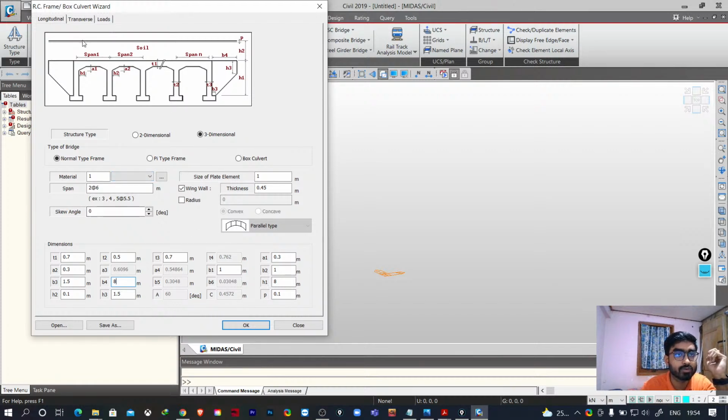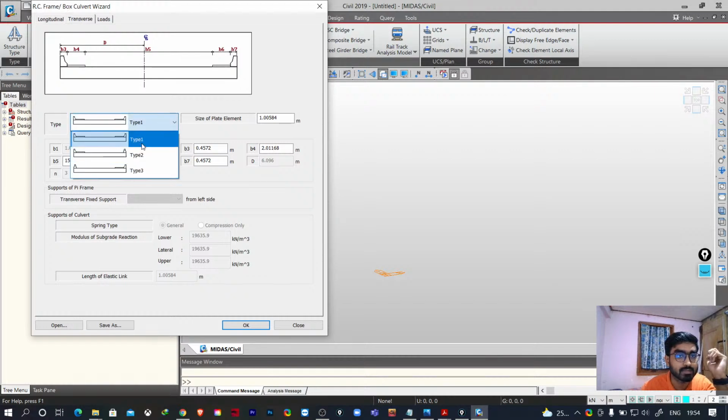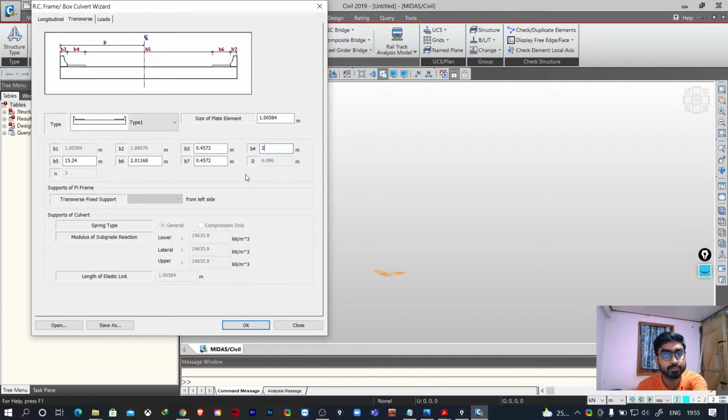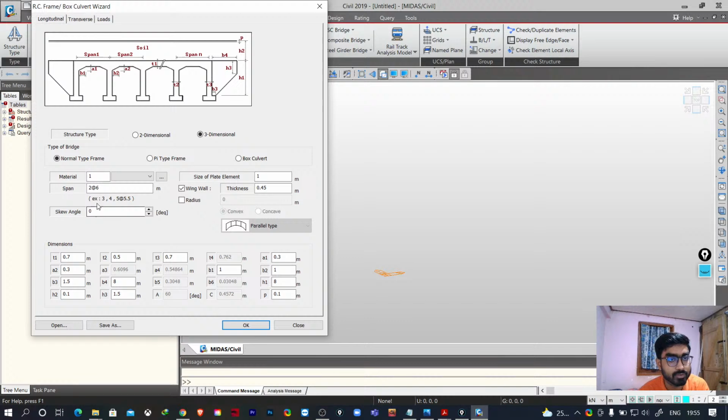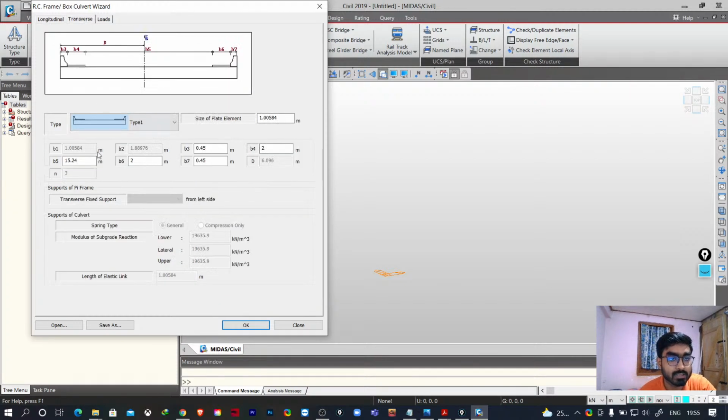Now if I go to transverse, similarly you have these 3 types. I'll be selecting the first one. Now okay, 15.24, maybe it will be 15 now, because this one I'll make 2 and the other one I'll make 2. And I'll make these as 4, 5. So the total we have created longitudinal, if you see here, two spans of 6, right? This was the longitudinal direction, two spans of 6. So in the transverse direction,